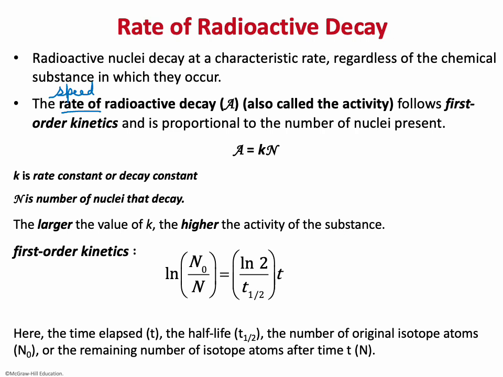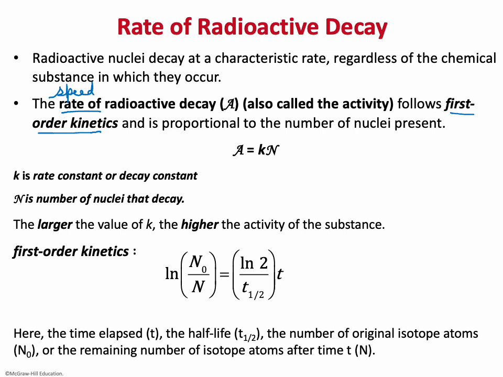It always follows first order kinetics. We'll talk about first order kinetics when we get into the chapter on kinetics. If you are interested in learning more about this, you can look into the chapter on chemical kinetics. But for now, just remember radioactive decay always follows first order kinetics, which essentially means that the speed at